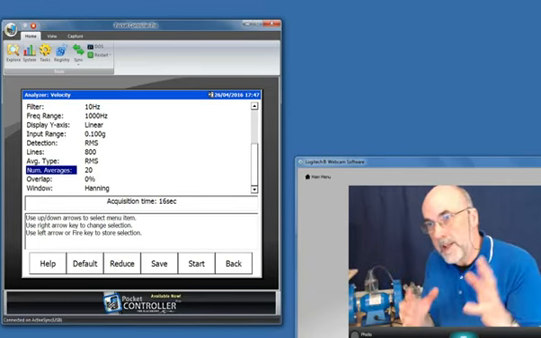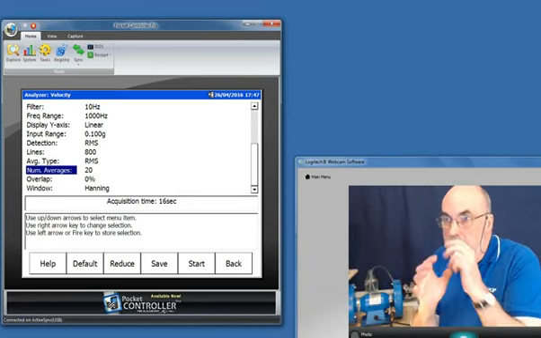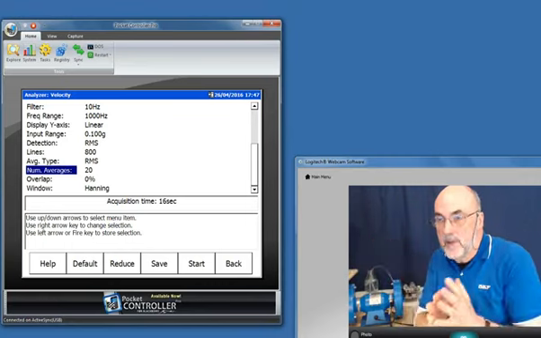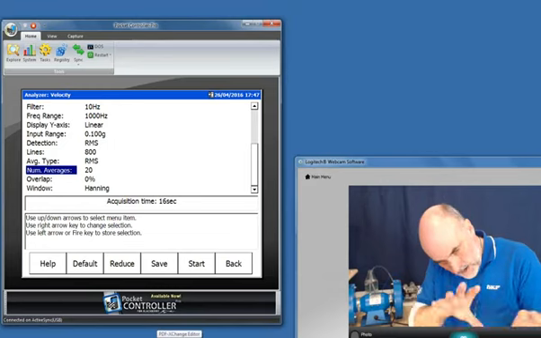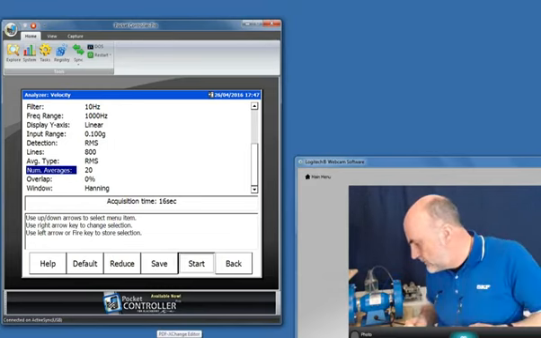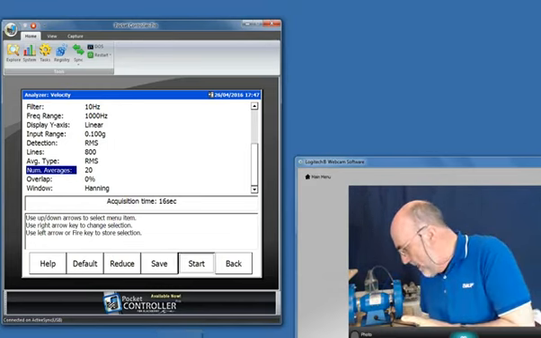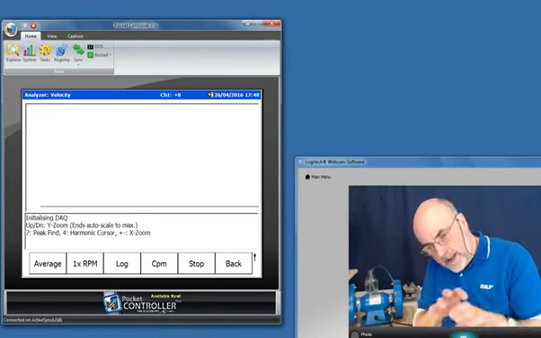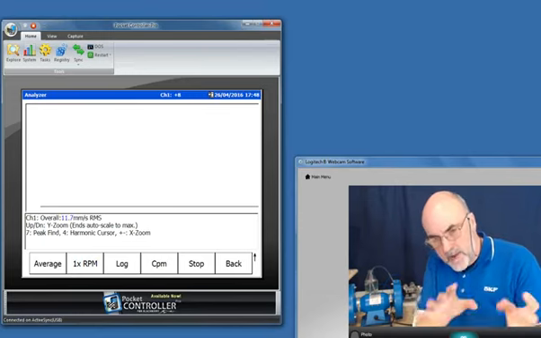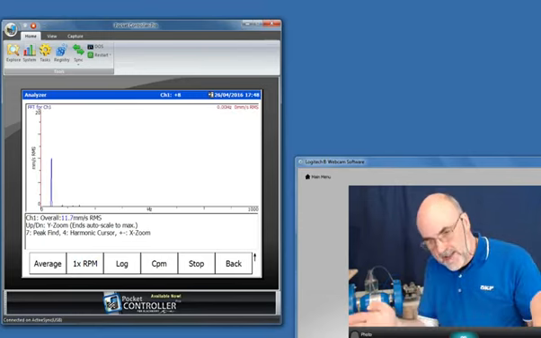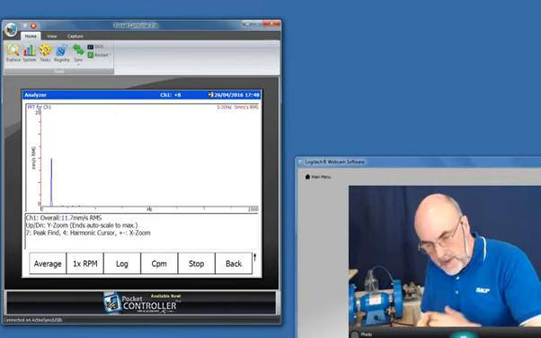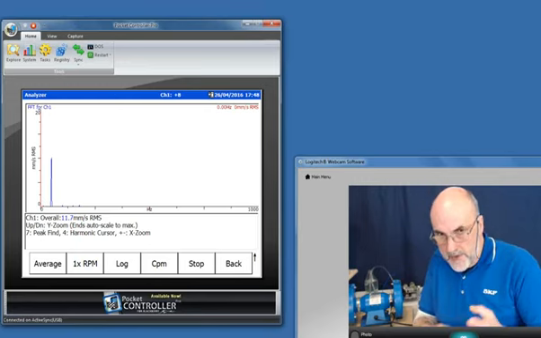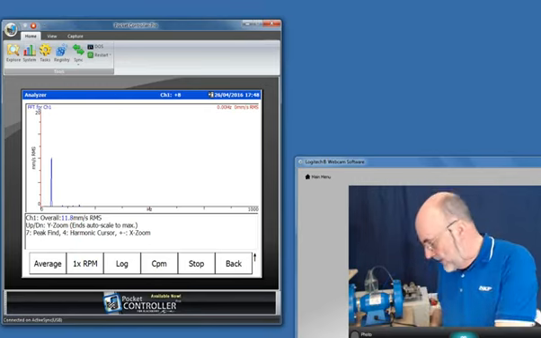What's going to happen is it's going to take 16 seconds to do these measurements because we're taking the data sequentially. And while it does that, this is a real advantage when you're doing your route-based data collection. 16 seconds can be an awful long time to do your averages. If you multiply that by 2,000 measurement points, you're going to be spending a lot of time. So I'll switch on the average.